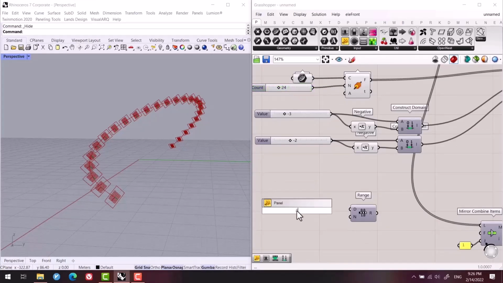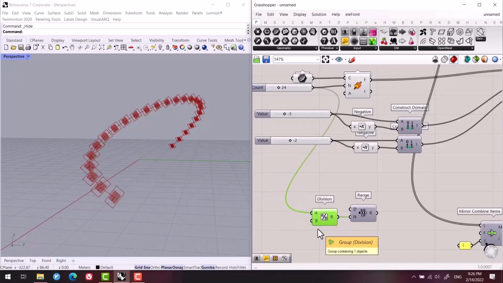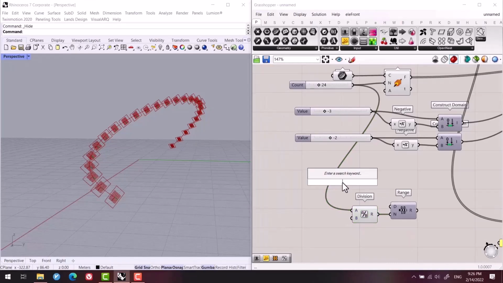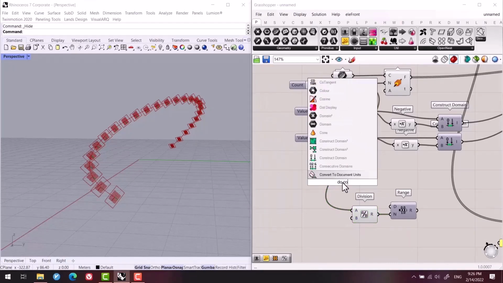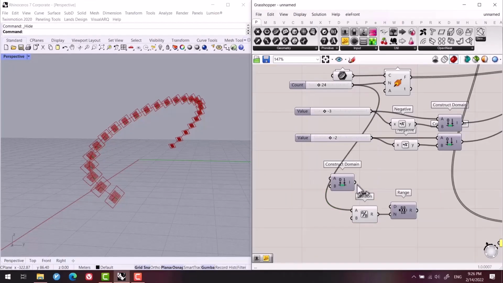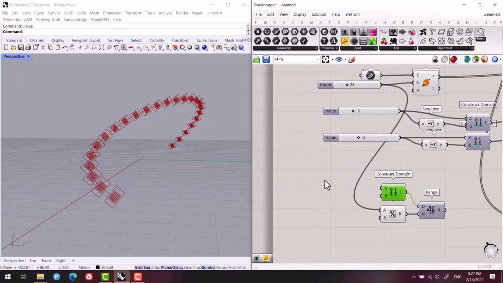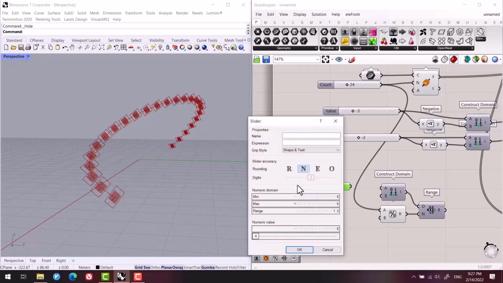And to do this, after adding the range, following that division, I give division 24 to division. I divide it into 2. We give the same number of the frames to the division, and then we want to modify the domain. Use construct domain, and then I define the minimum and maximum values. For example, for the minimum,